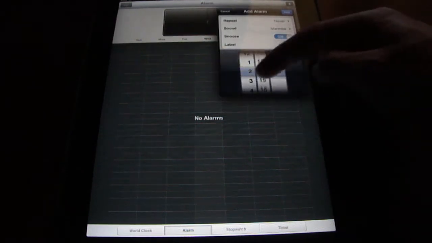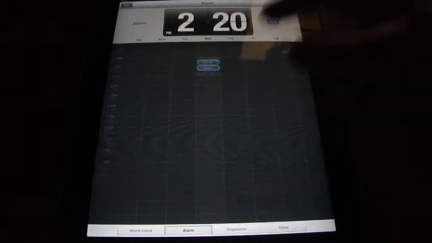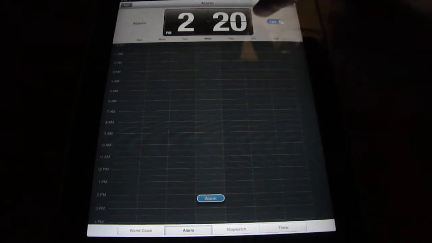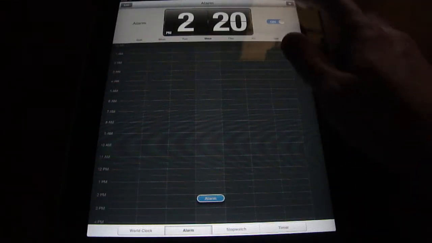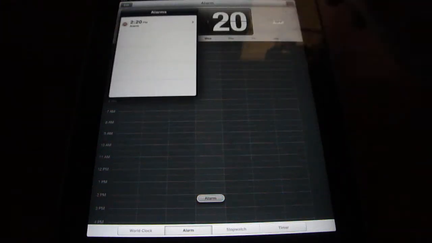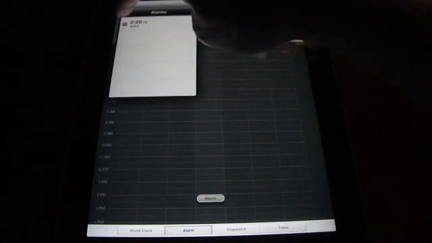Next tab is the alarm tab, which looks like this. You can add an alarm by hitting the plus button. It'll bring up this, and you can configure the alarm, hit save, and then there you go. It'll put the alarm on kind of like a little time calendar sort of thing here. And then you get a big clock up here with the name of the alarm over here. And then you have an on and off switch to enable or disable the alarm. And if you want to delete it, hit the edit button, hit the little red button, hit delete, and you're